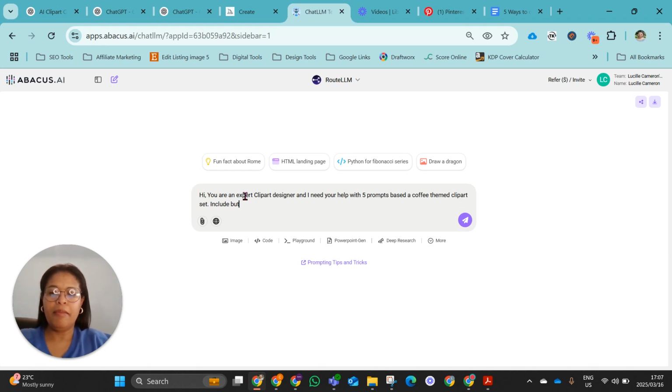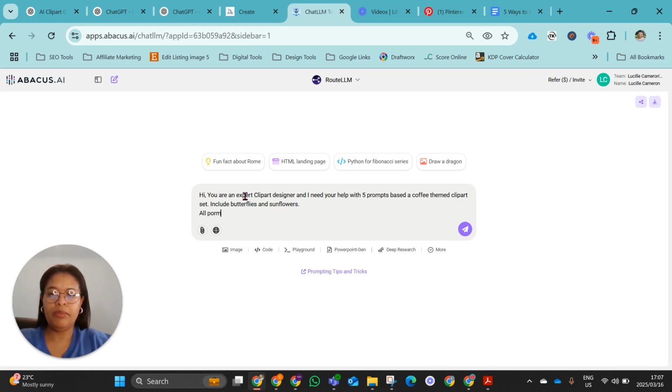Include butterflies and sunflowers. All prompts must be in a watercolor art style on a white background without disturbances. Trust me, that just that "without disturbances" part saves you a lot of credits, because a lot of the